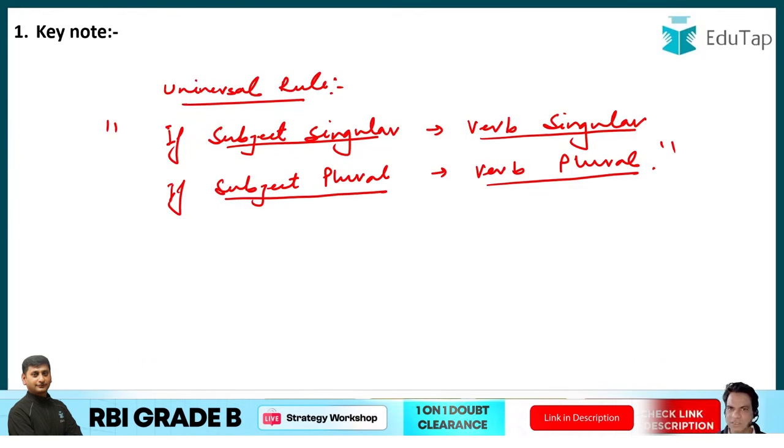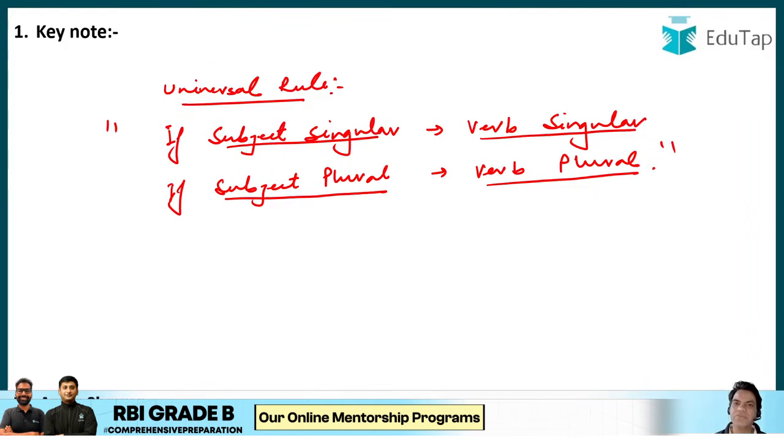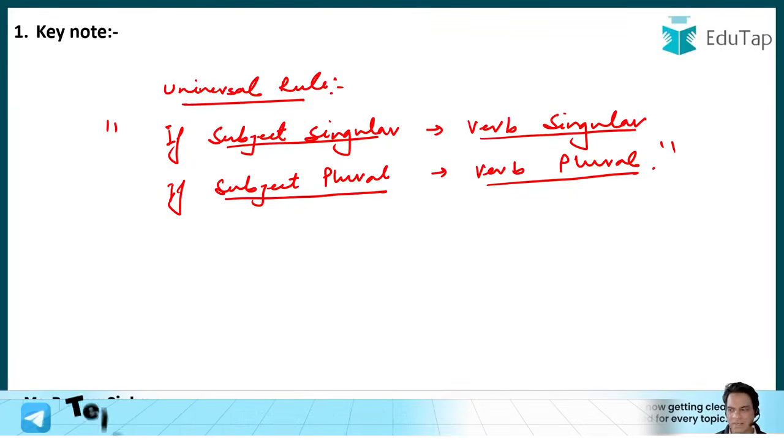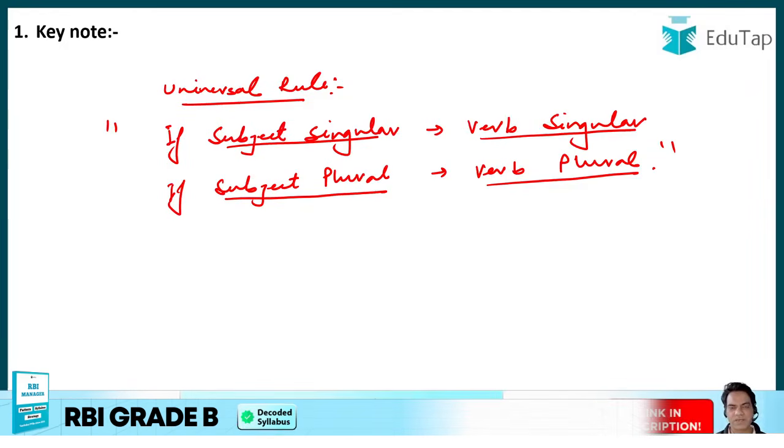This is the first rule and the foremost rule to be followed. We have been taught this rule, but in a very ambiguous manner. Now we need to be very clear in our understanding of the sentences that it doesn't work in any way. It works in a specific way, in a specific manner. The verb has to agree with the subject, not the other way around.